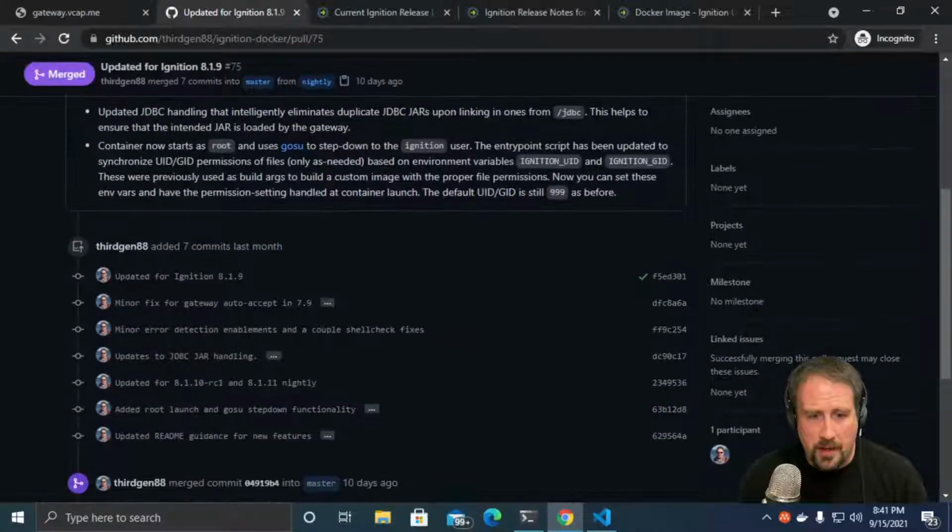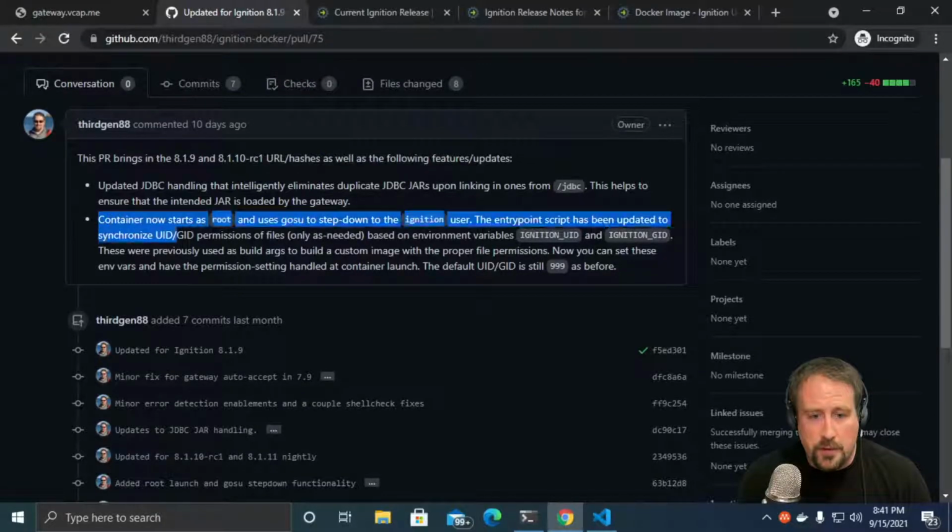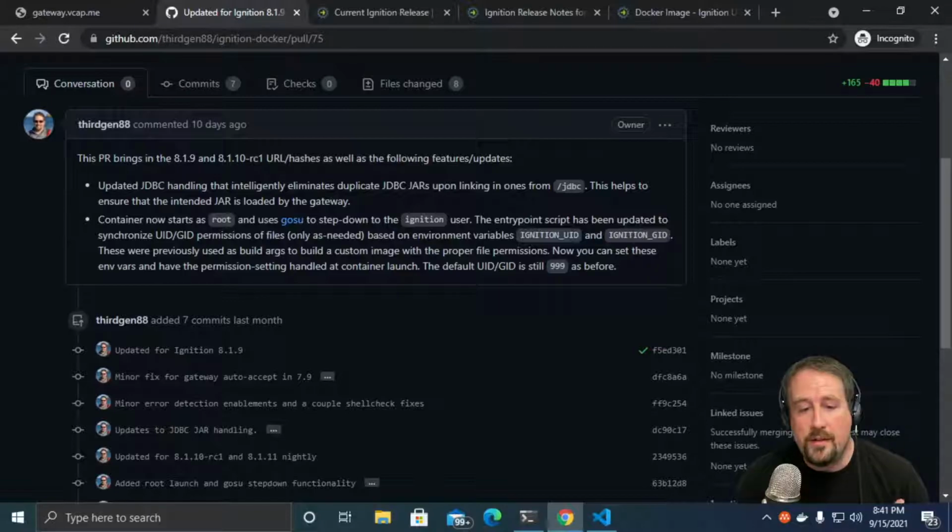So for 8.1.9, these are the two big changes. We've got now a step down from root in the unofficial image. This has some unique advantages, specifically with respect to bind mounts and your file permissions. So when you're running, let's say you're on a Linux host and you are wanting to perhaps bind mount your projects folder into your container,